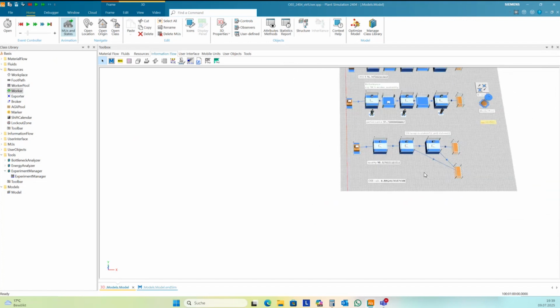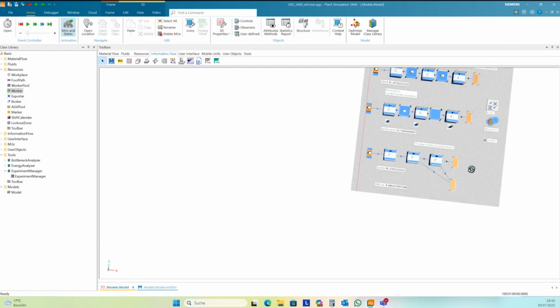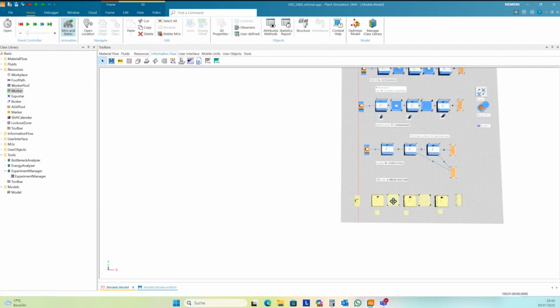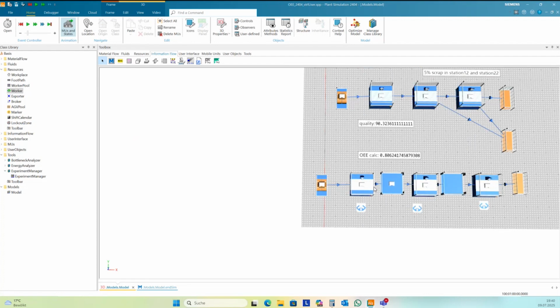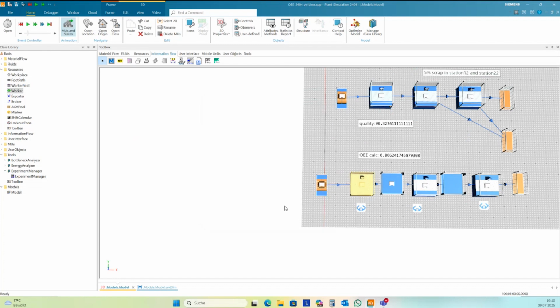But you don't need to make these steps step by step. We can calculate it directly from our simulation model, but I need to start with a base here. I take this as a base. And I activate the failures in each station.